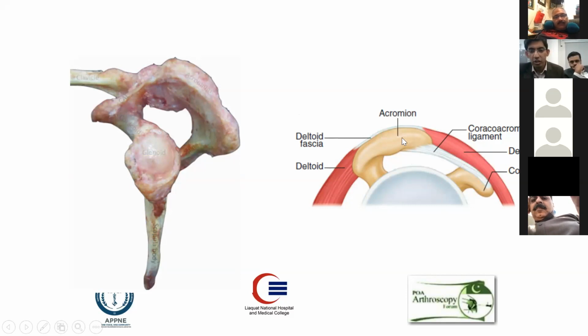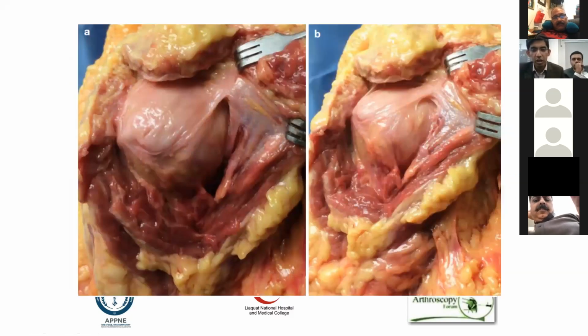So in this structure, you can appreciate that there is an acromion and there is a CA ligament attaching it to the coracoid, and in this tight space, the supraspinatus travels from the supraglenoid fossa into the proximal part of the humerus. So again, when you're talking about the supraspinatus, this is the acromion, and you are able to appreciate that the supraspinatus attaches on the superior part of the proximal humerus, and above that there is your